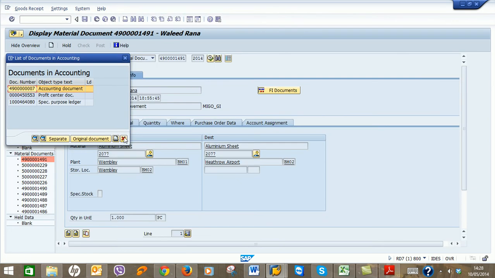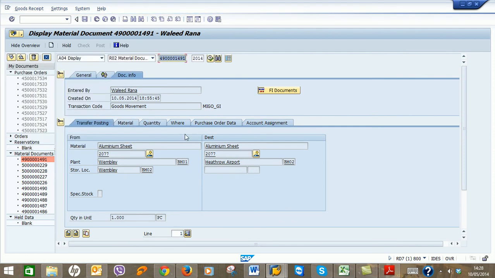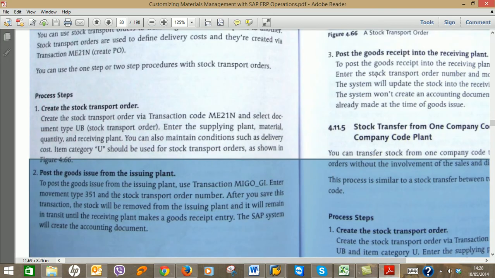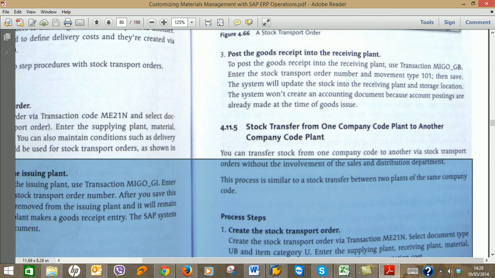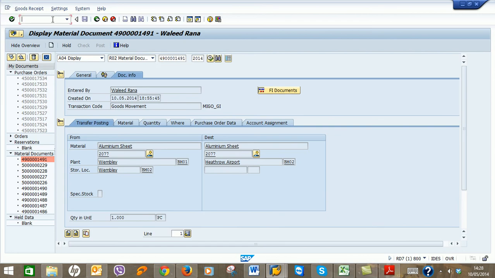After that, now you have received the stock, yeah. So go to this transaction which they have mentioned, that after the post goods receipt you can use this transaction, MIGO_GR. GR means goods receipt, yeah. Post the goods receipt into the receiving plant, yeah. So go to this transaction, MIGO_GR,